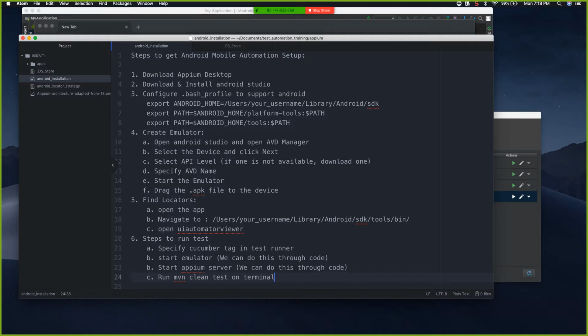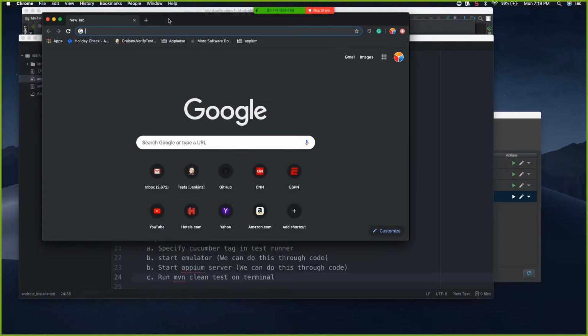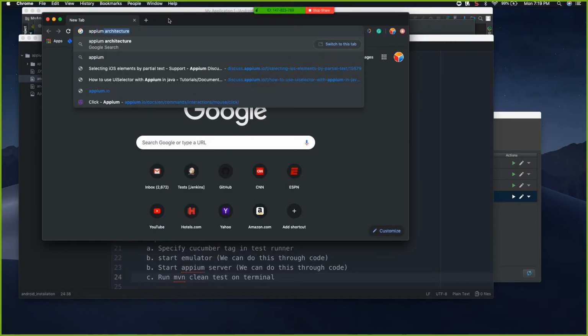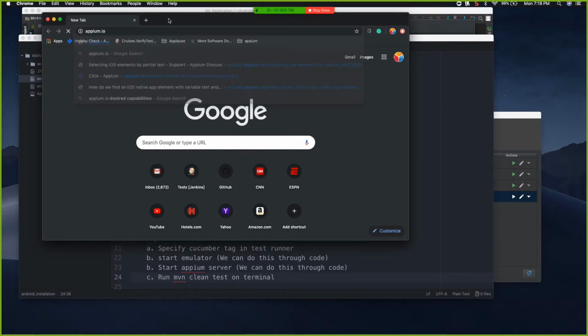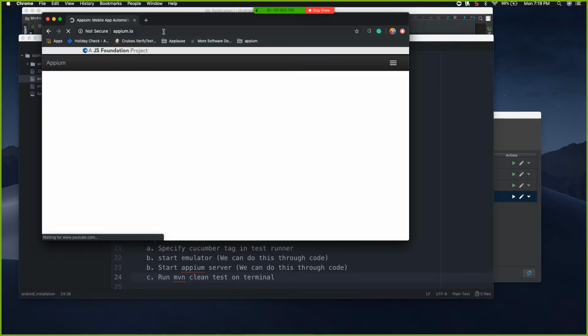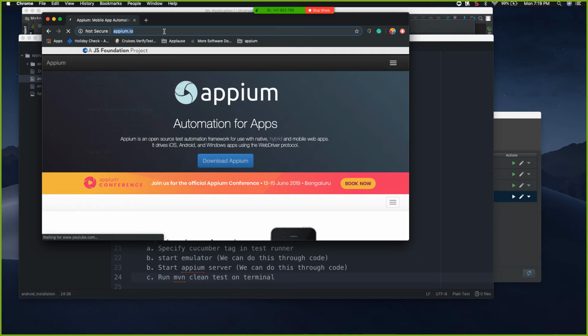Again, just hold off on it, right? I'll share the instructions, and once we're done with this, you will have time to do it, right? Because otherwise you're going to run into an issue, you're going to call me, and then it's just not convenient, right? So we'll just go to appium.io, and as I'm doing this, if I miss any step, I'll add it. So once you get here,